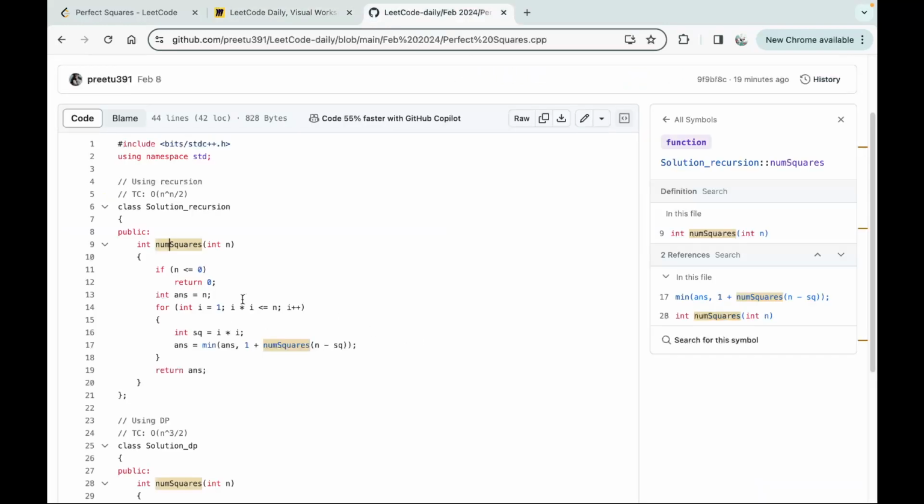So if I look at the code for the recursion, I can see that this part has to be common in the DP as well, right? So I have to check for all these values if an answer is possible. And instead of ans, see, here doing top to bottom DP is very easy. I'm going to discuss bottom up DP. All right. So essentially, what we will do, we will make our